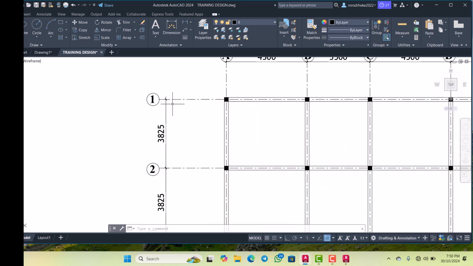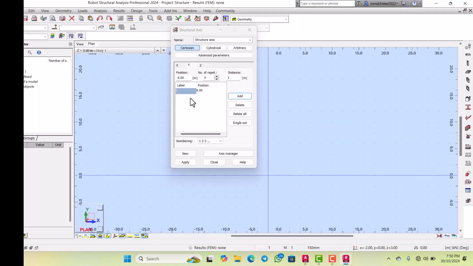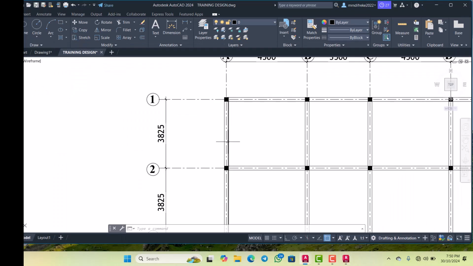So 1 will be 3.825. You add, then we go back again,